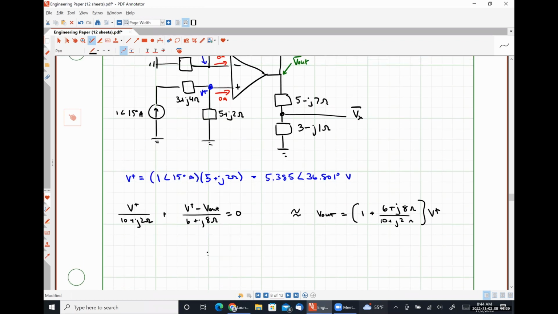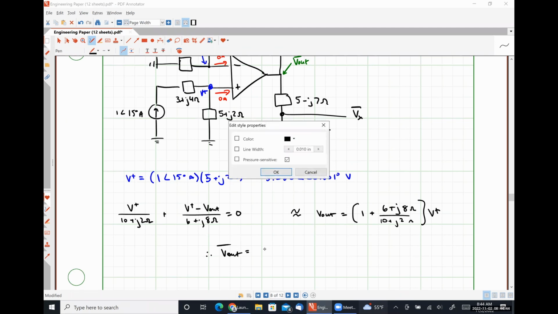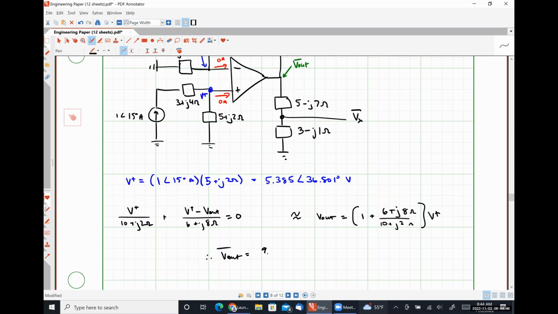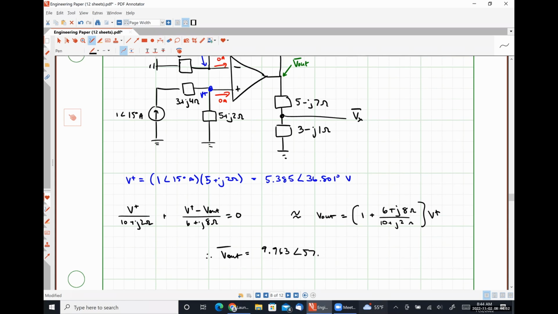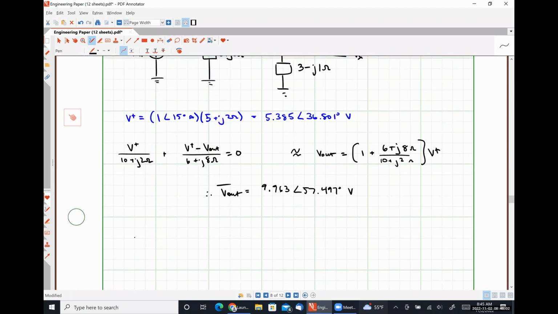Either way, I should get V out is equal to 9.963 angle 57.497 degrees volts. And then from here, I can just use voltage division to get Vx, where Vx is going to be